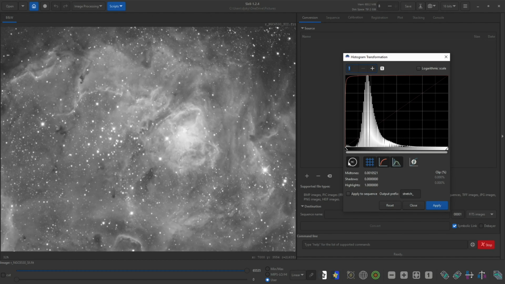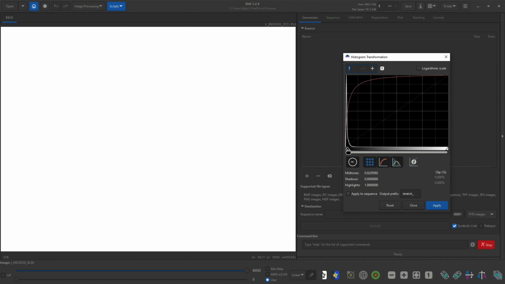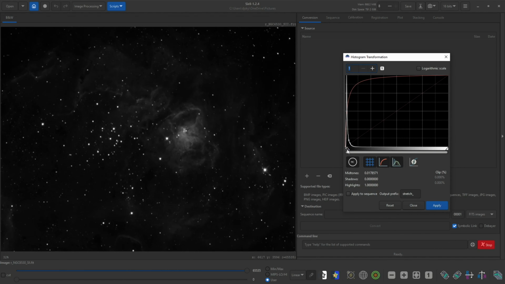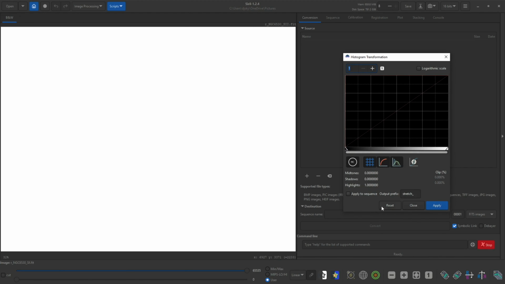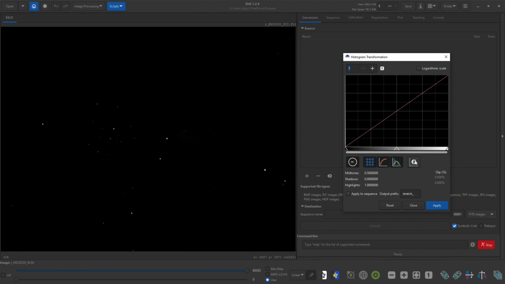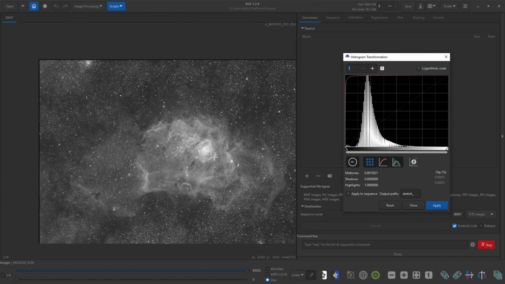What we want to avoid is something like this, where it's overly stretched. That might be an extreme example. Nor do we want to do a weaker stretch like this. We want more stretch to the image. So let's hit reset and do this again. So click on the auto stretch, and I think this looks good. So I'll click on apply,